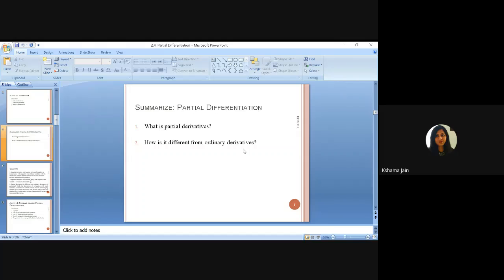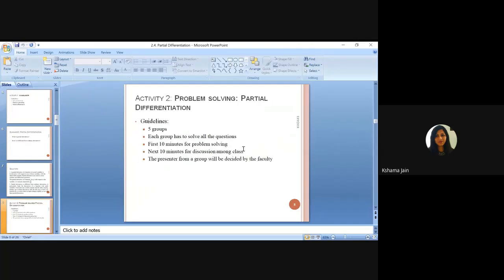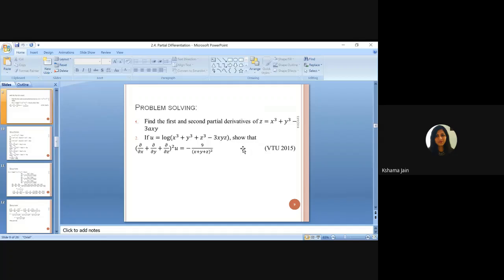In that case, z can be differentiated with respect to x as well as with respect to y. So that time we use the word partially. So partially with respect to x, it can be differentiated. Same, partially with respect to y, it can be differentiated. Okay, so that is called partial differentiation. So beginning questions are very easy.